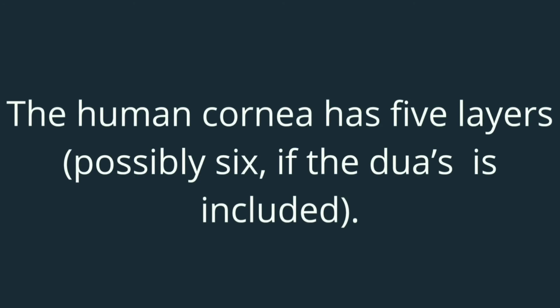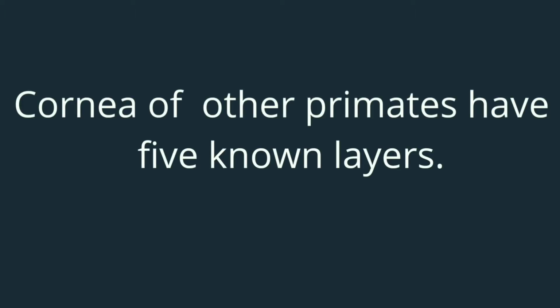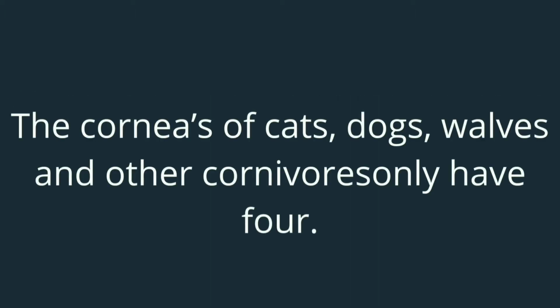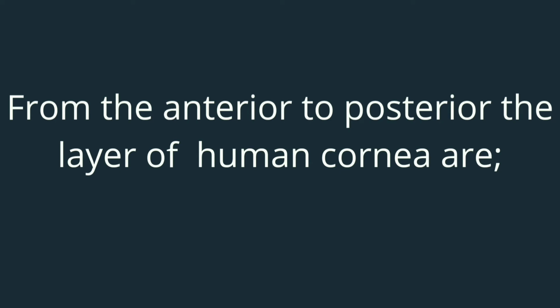The human cornea has 5 layers, possibly 6 if Dua's layer is included. The cornea of other primates has 5 known layers. The cornea of cats, dogs, wolves and other carnivores has 4. From anterior to posterior, the layers of the human cornea are: